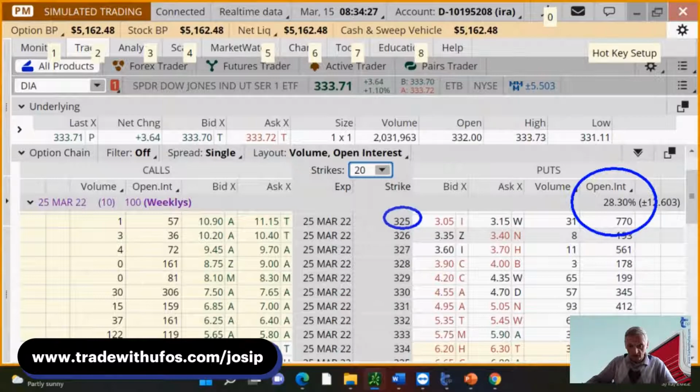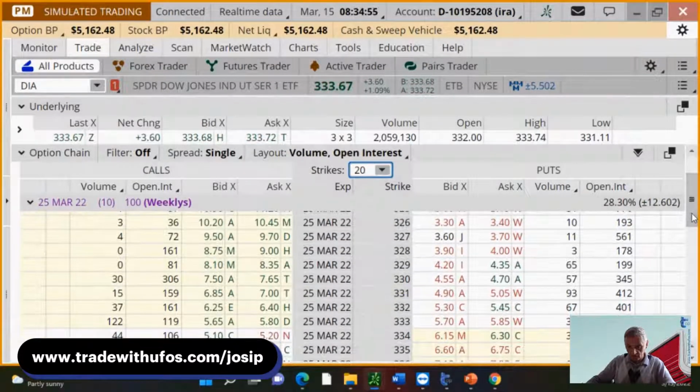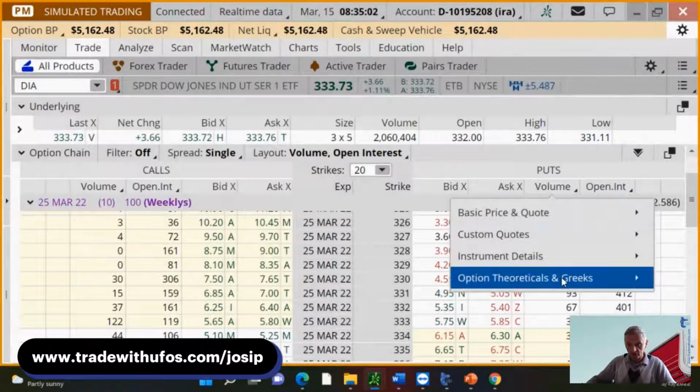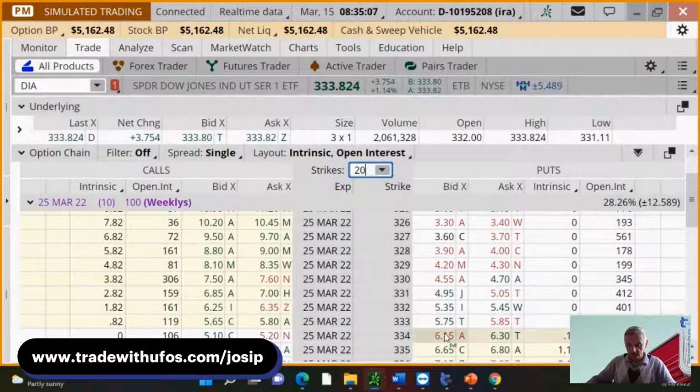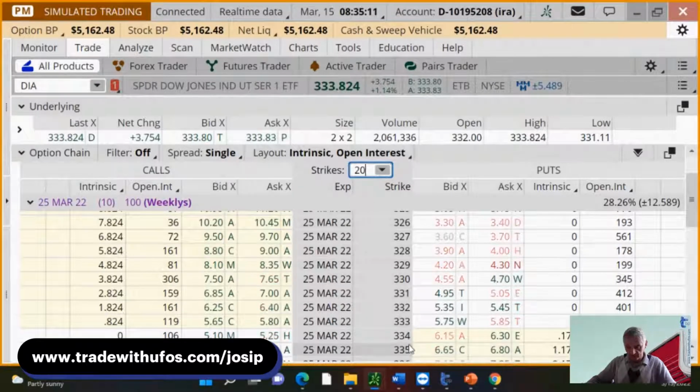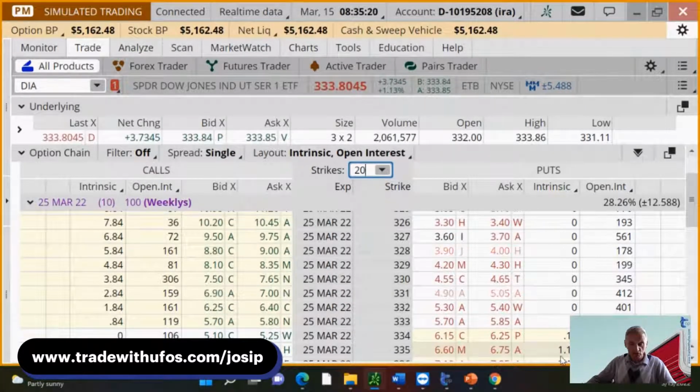So for 325, do I have triple digits that are looking pretty good? For 330, do I have triple digits that are quite big? Because over here you have 100, 100, 199. We have it. And then for 335, I should have moved this a little bit lower so you can see it. We also have triple digits, but be aware of it. If I now get rid of the volume and just go to the intrinsic, it will be clear to you that as we are approaching 335, right? 334, 335, and we're currently at 333, this would be an aggressive trade because we're looking at what?